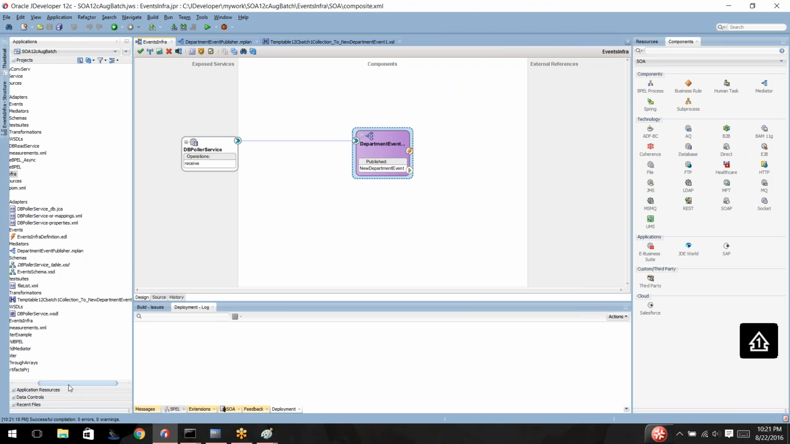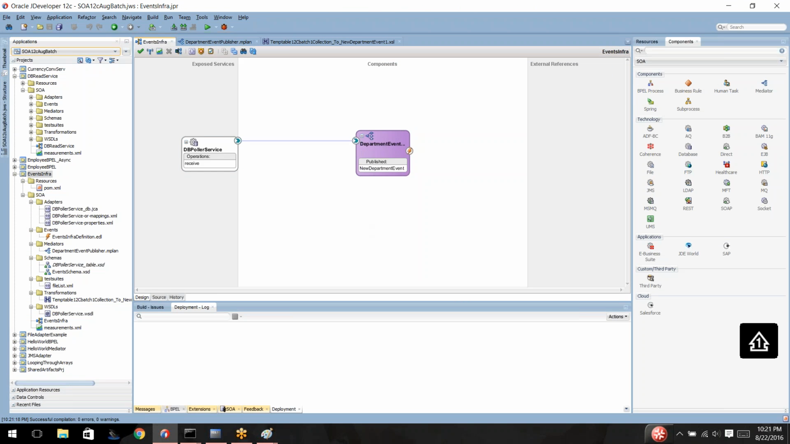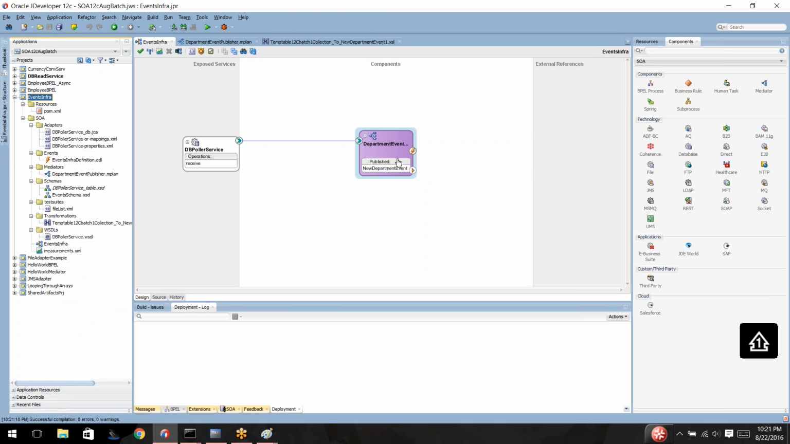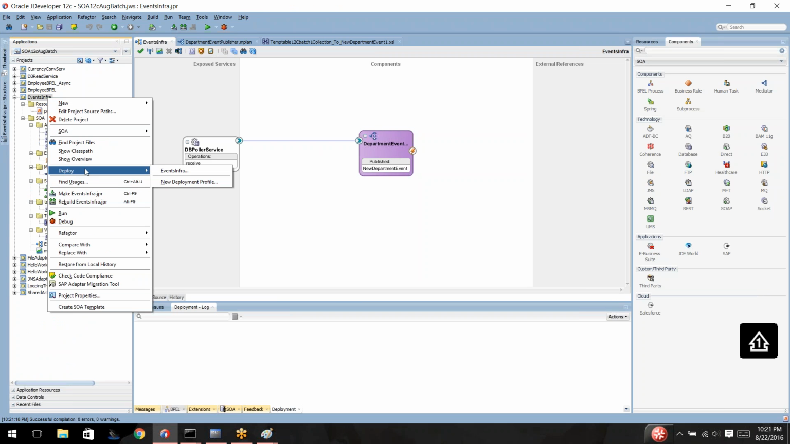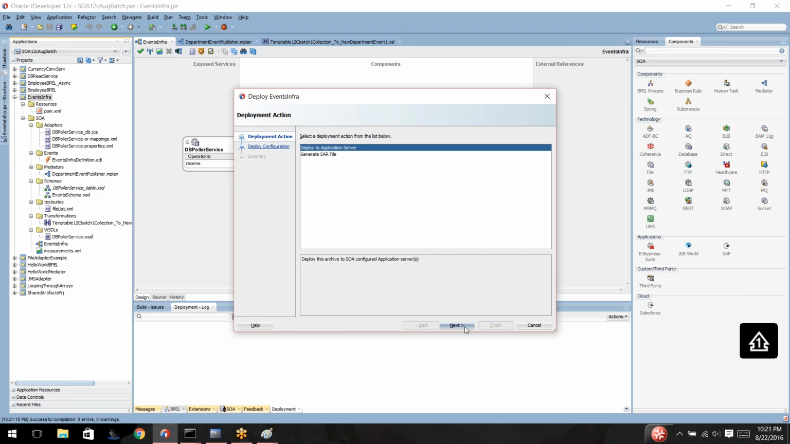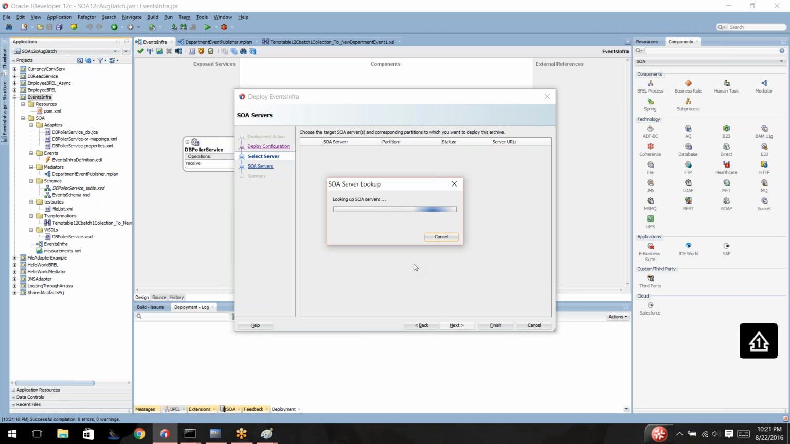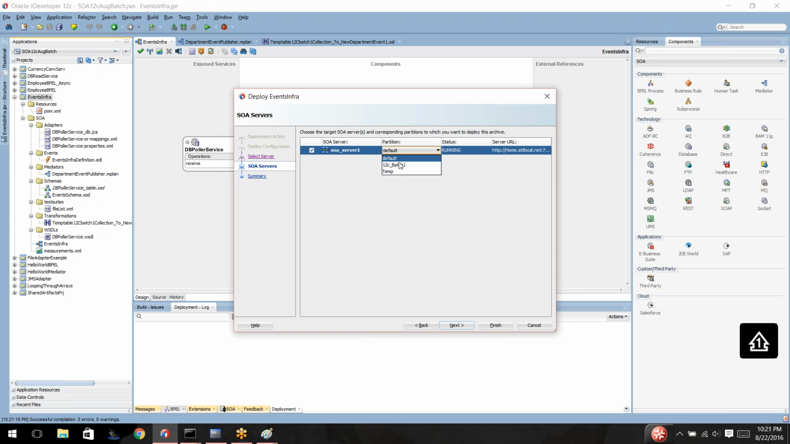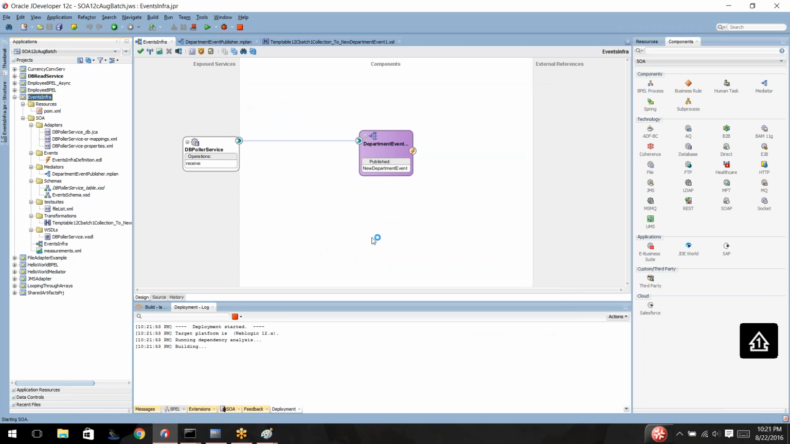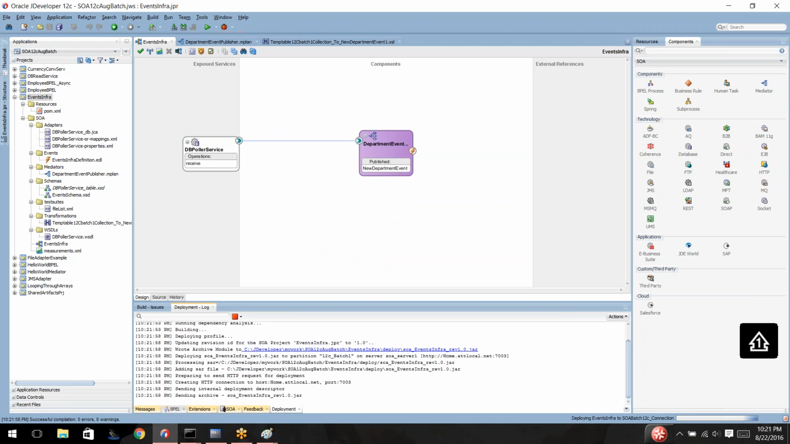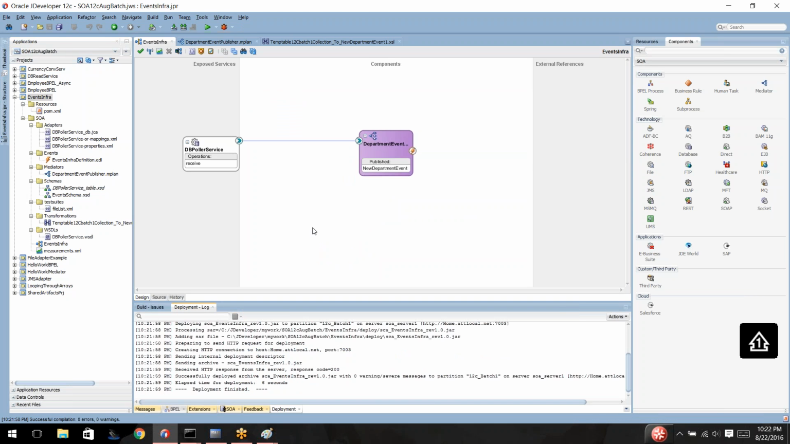Okay, so let me deploy this one. We have only done half the part, only the publishing part, but let's see if it really works or not. We said that the publisher will never care if there are subscribers or not, right? So we know that there are no subscribers, but let's see how this behaves. Okay, so it is deployed. So how do we test it? If I open EM,